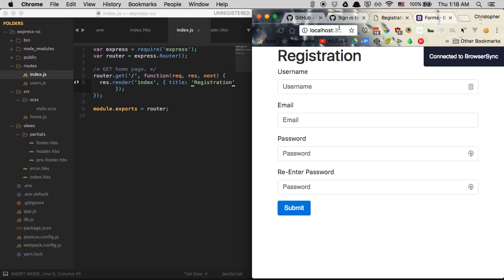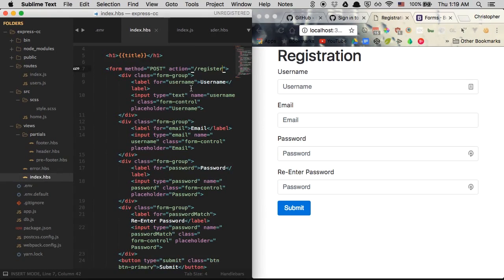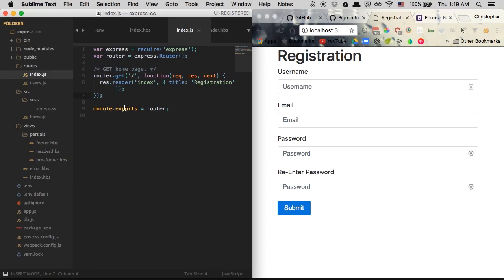If we visit a URL without anything on the end of it, we are successfully calling anything inside of this get function right here. So we're saying render the index page, the index view, with a title of registration. But that's not what we want to react to. We want to react to what happens when a user makes a post request to a URL of /register. So in order to do that, we are going to say,